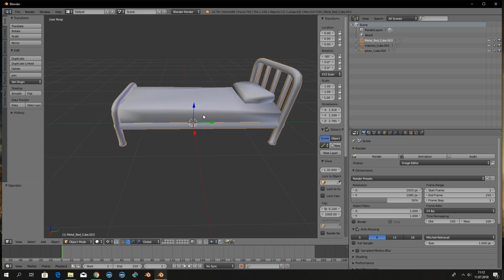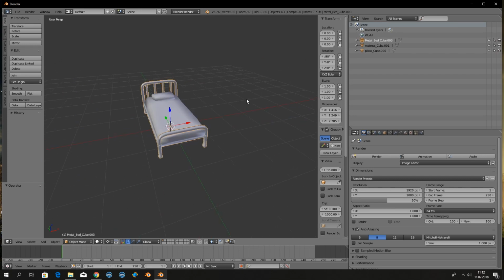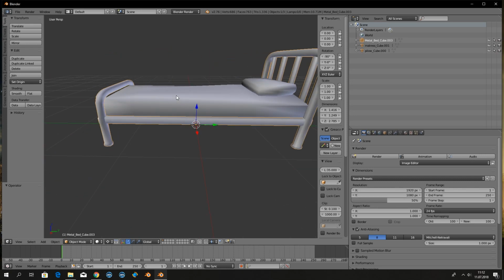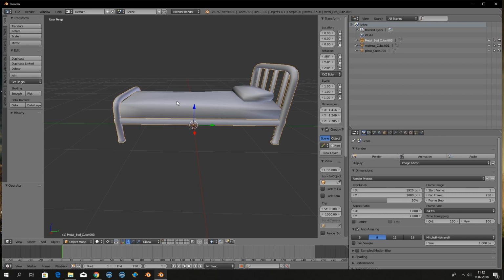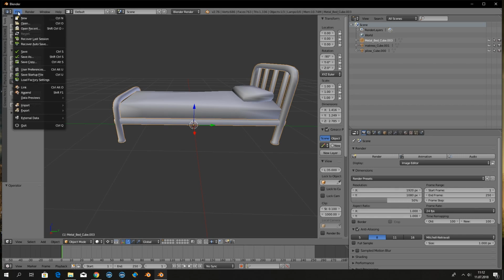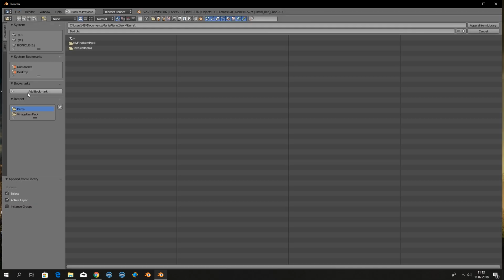You will see that maybe your bed is too big and you don't know how big the Stormen really is, and that's why we have downloaded and passed the Stormen on the location as in the previous video. So we're gonna click File, now click Append, and there should be work items. I'm gonna skip to skins arena player, and there's a Stormen that I made in the previous video,